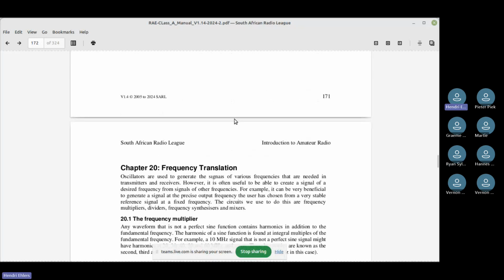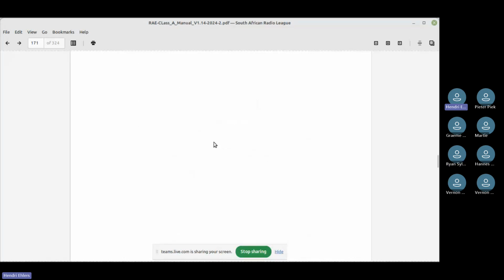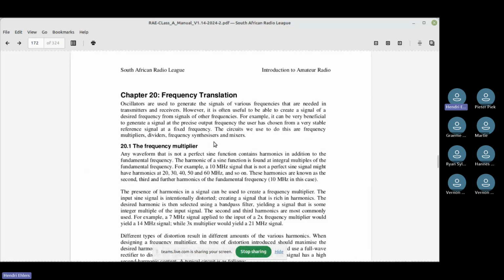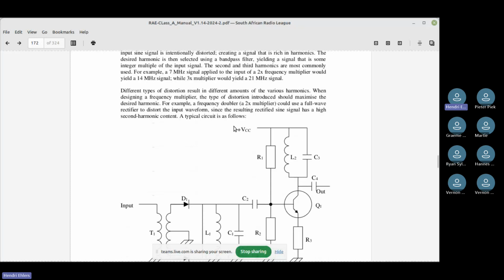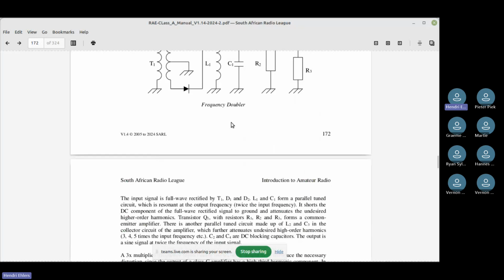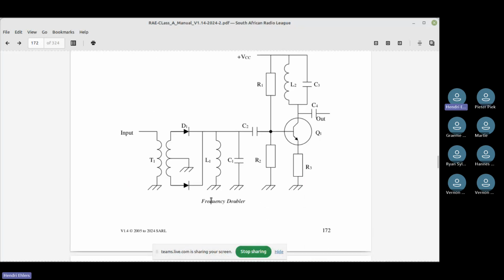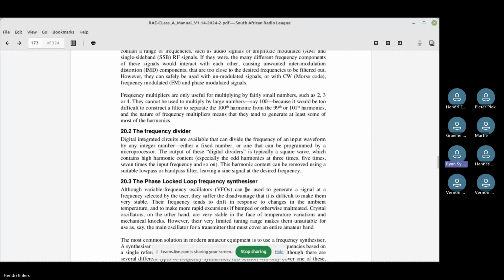Dis reg, ja. Kyk, hierdie is nou basies om te verstaan wat is 'n oscillator en dan in die volgende gedeelte, frequency translation, gaan hulle daai oscillators begin gebruik om actually werk te doen. Soos hierso praat hulle van die frequency doubler. En die transmitter leer jy ook.